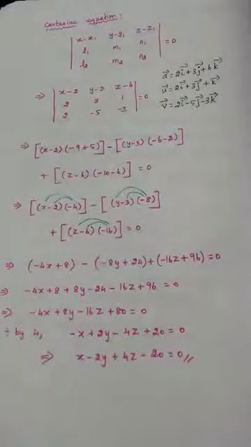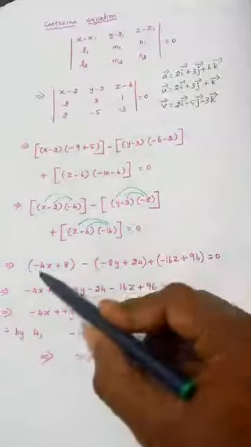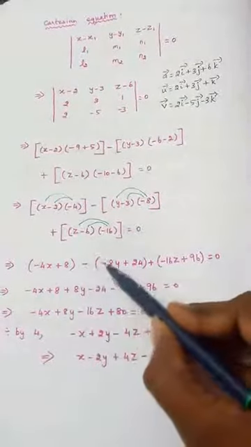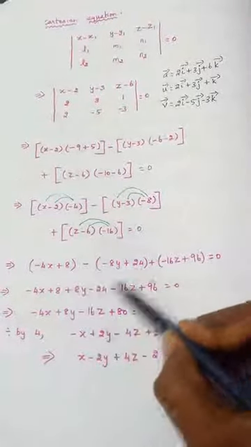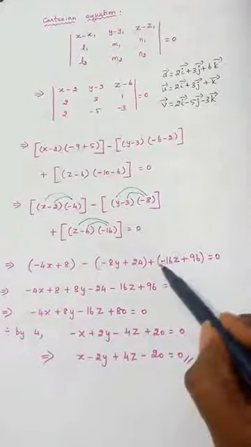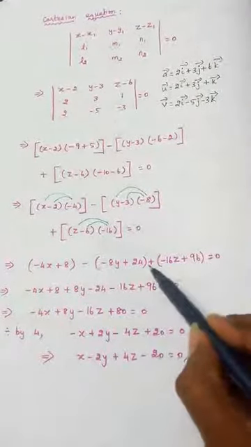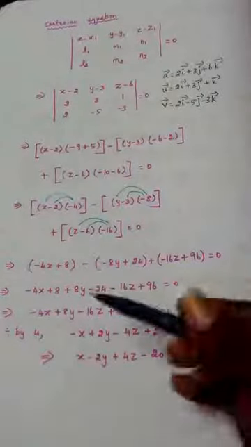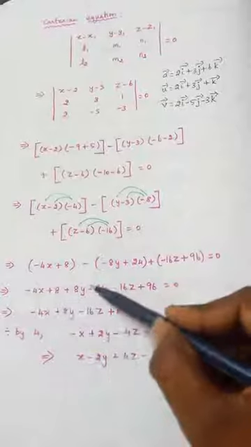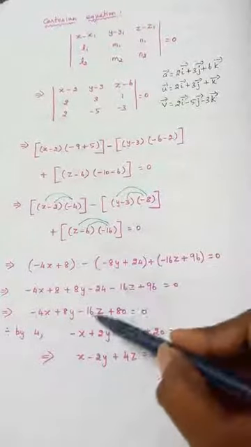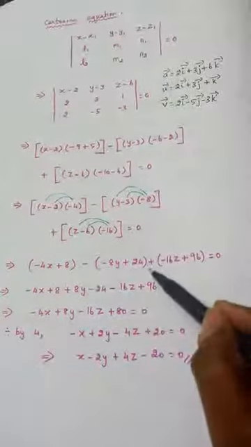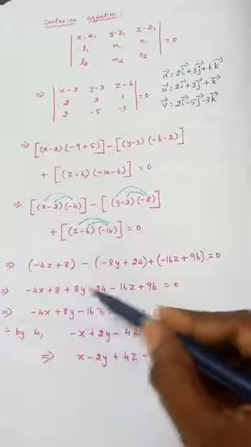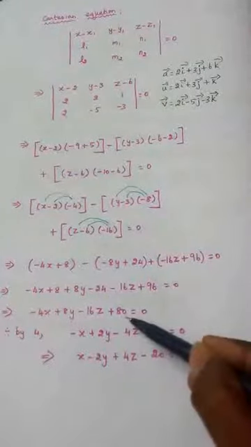Hope you will not have any confusion here. Now removing the brackets and writing minus 4x plus 8, take this minus inside, plus 8y minus 24, plus into minus, so minus 16z, plus into plus, plus 96 equal to 0. Now we can easily simplify by writing first the x term, then the y term, then the z term, and combine every number. 96 plus 8 is 104, minus 24 is 80.